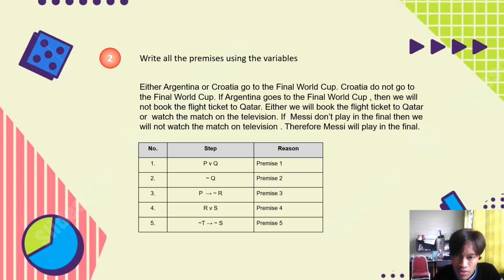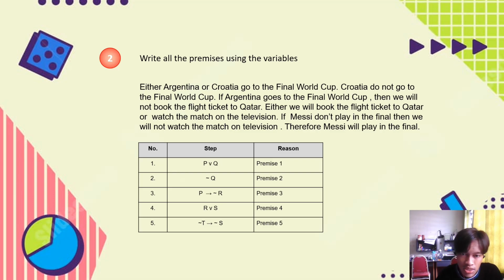If Argentina goes to the World Cup is P, then we will not book the flight ticket to Qatar. Booking the flight ticket to Qatar is declared as R, but in the statement we will not book the flight ticket, so we must put a negation on R. The statement says that if Argentina goes to the final World Cup, then we will not book the flight ticket to Qatar. This statement is called an implication, so we must put an arrow symbol between the variables. And for the fourth